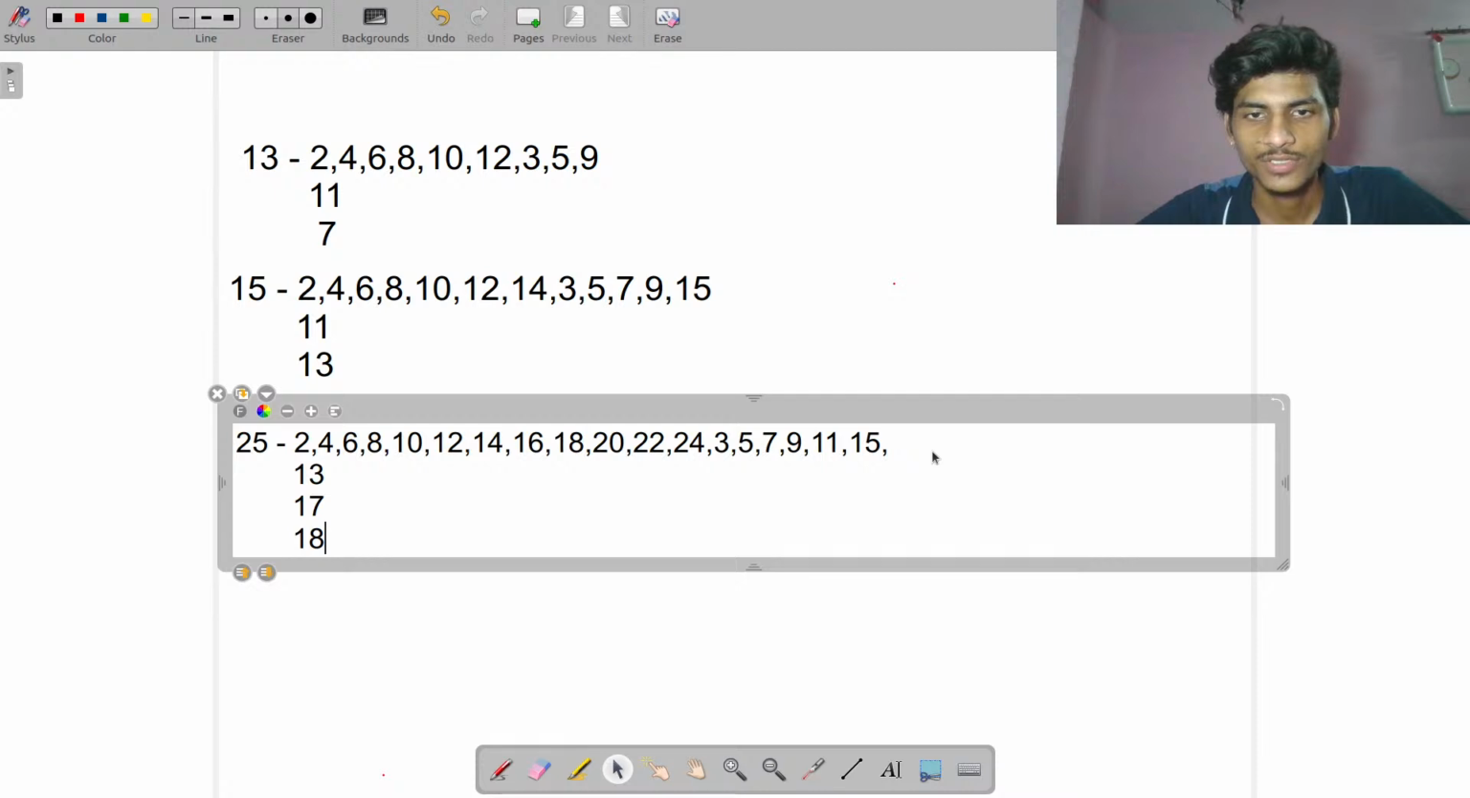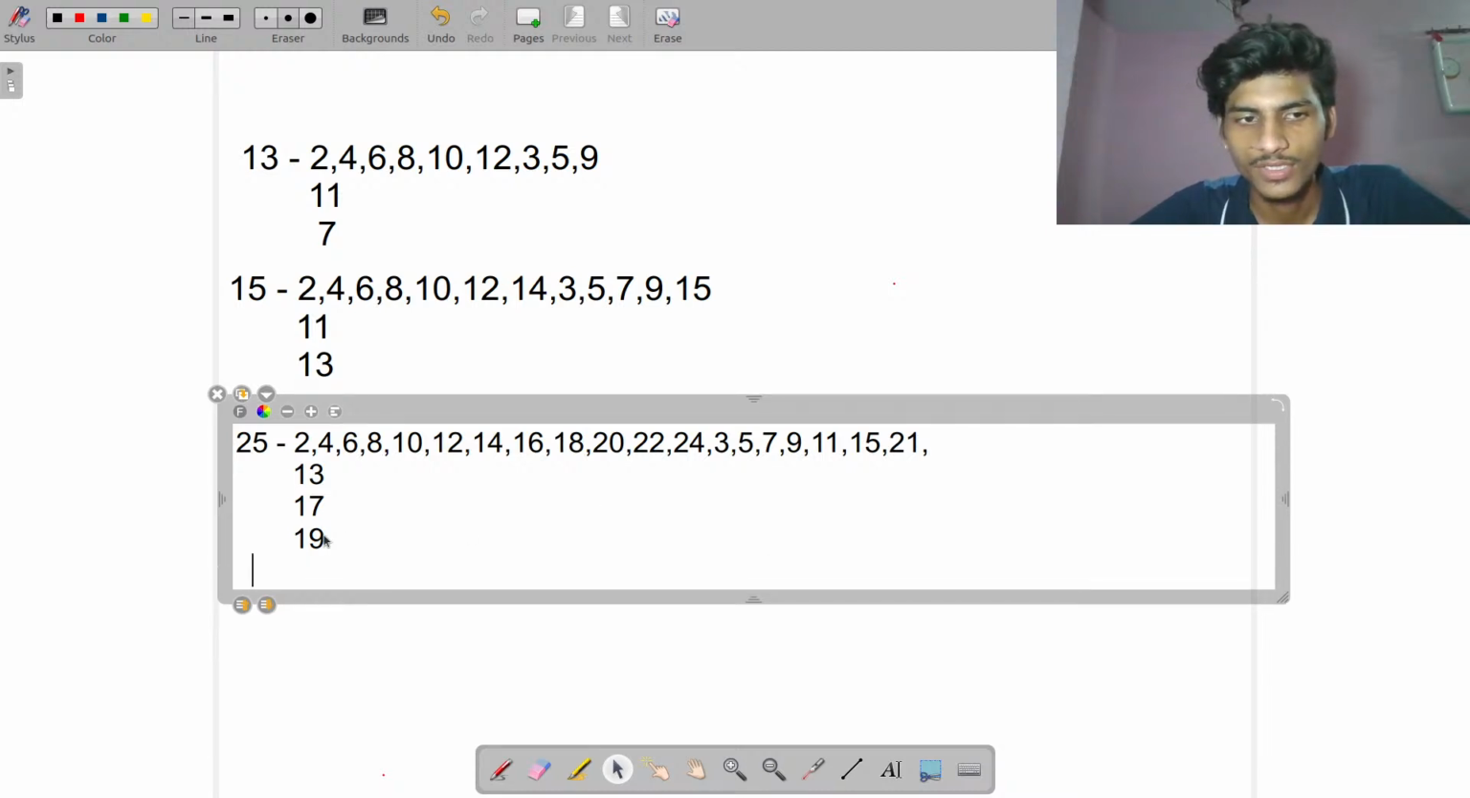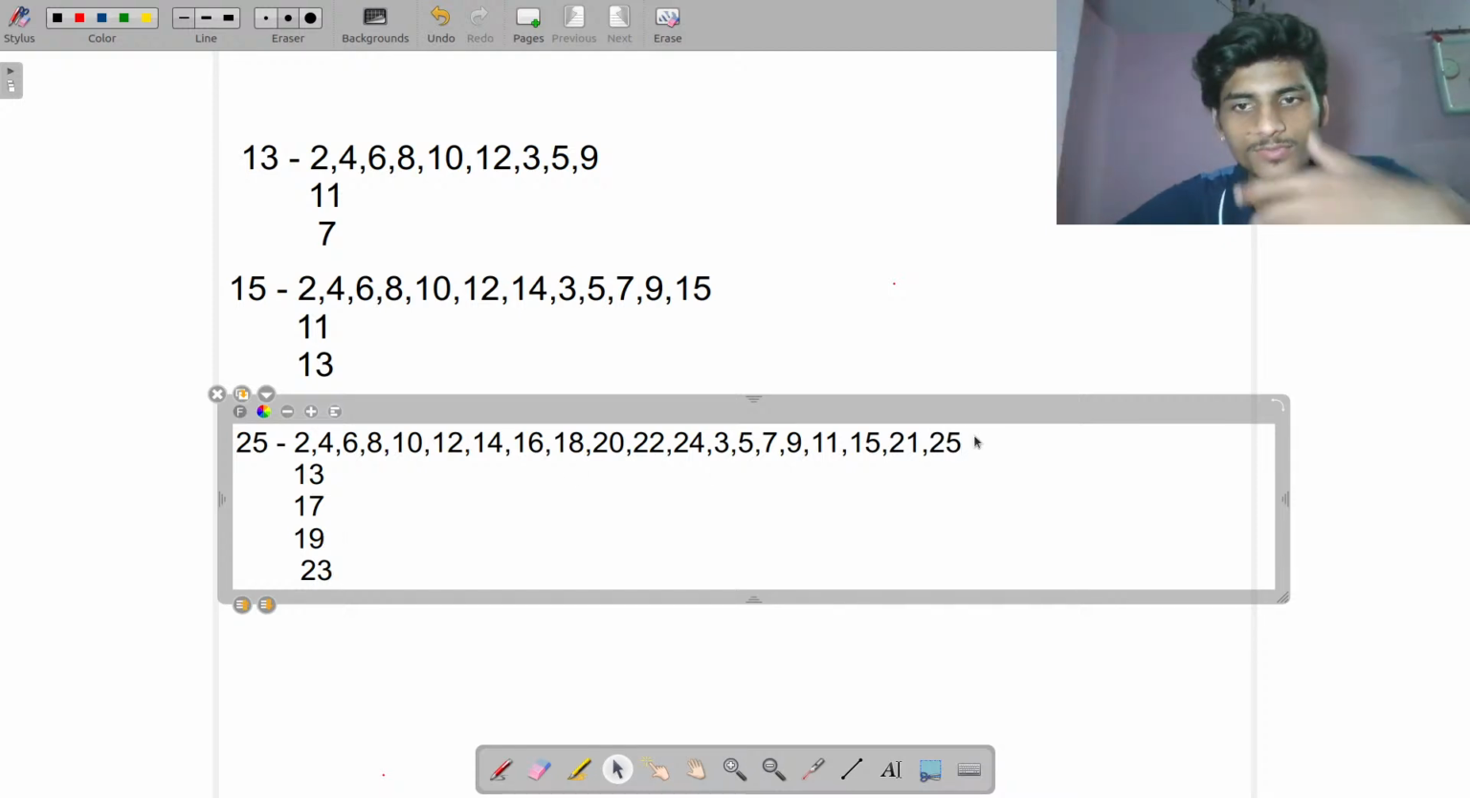What about 21? We can pick it because 3 and 7 are already there. What about 19? Sorry, this is 19, not 18. And 21. Okay, now we have 23. Yes, we can't pick that one because 23 is a prime number. Okay, I think I get it now. So the thing is